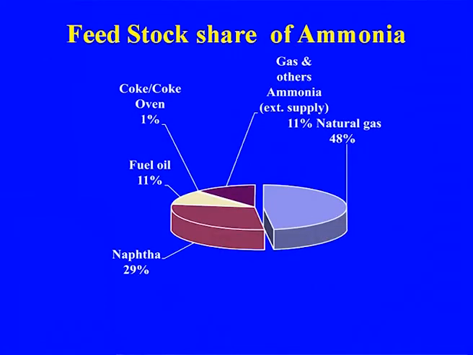This is the feedstock share for ammonia, and you see this is the major share. Earlier, if you take the case of India, naphtha was made available to fertilizer plants when some of the refineries came up in the earliest stages, because there were problems in the supply, processing, and pipeline of natural gas, and a lot of the natural gas was flared at that time in the initial stage.